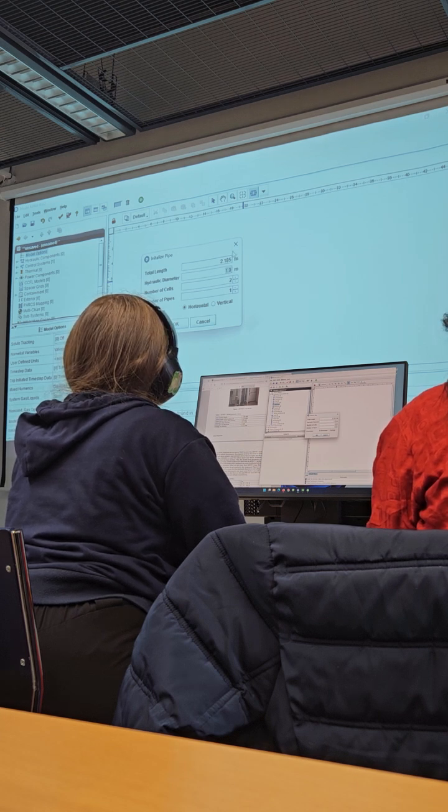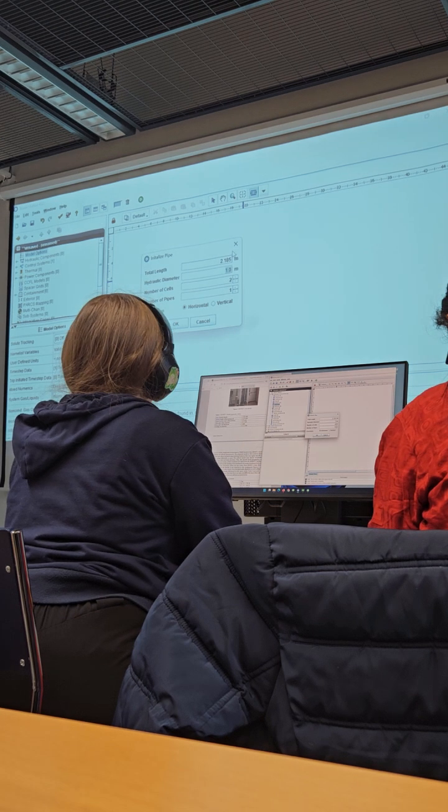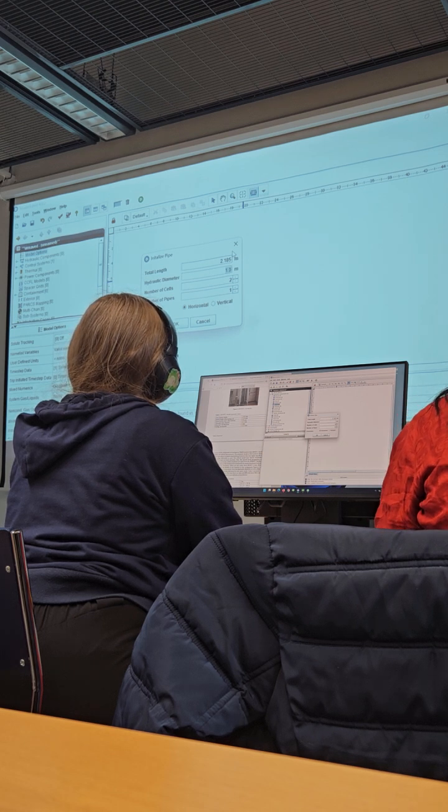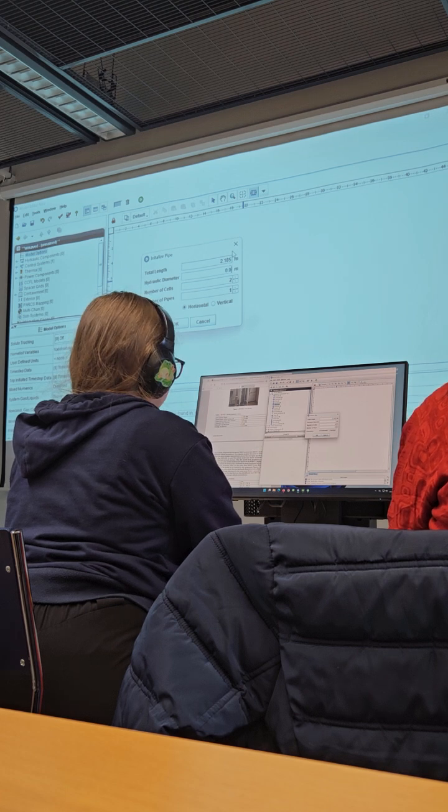So I have already calculated it somewhere. It is 0.01195